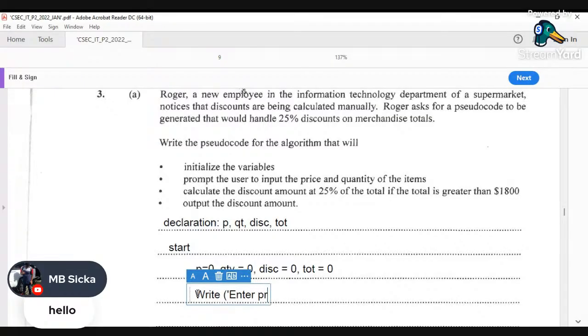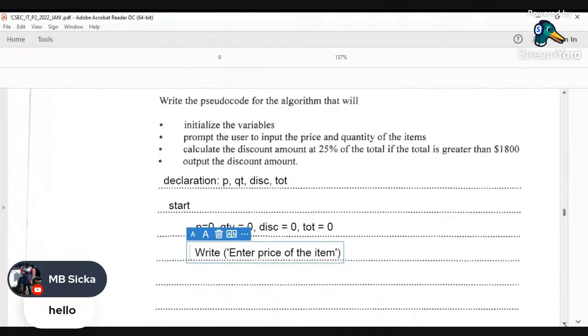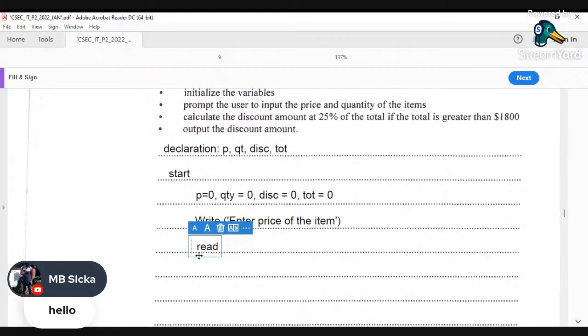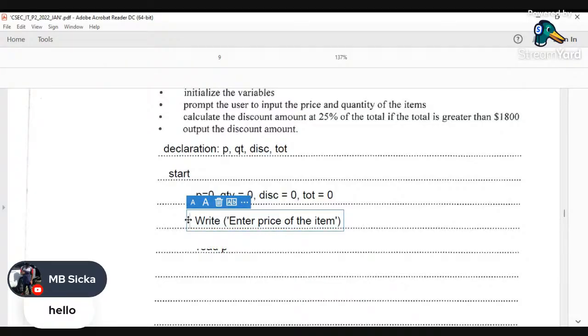So, enter the price of the item. And now I am going to read price. And I have to use the same variable name that I had at the top, which is just P. Okay, let me copy this. Let's see if I can copy it. I have to write it over. All right, so write